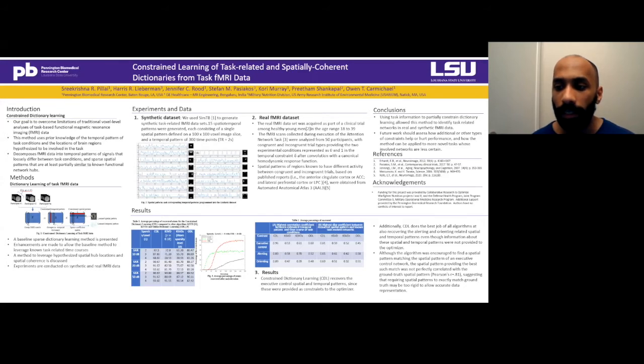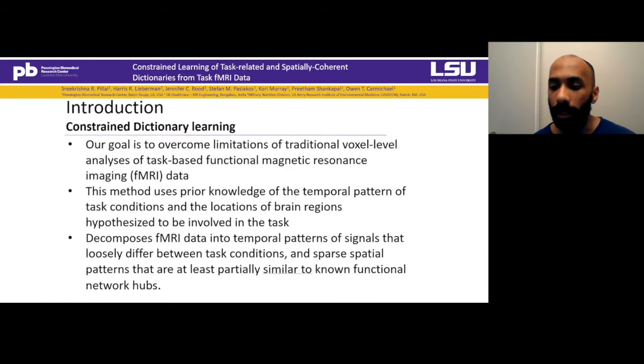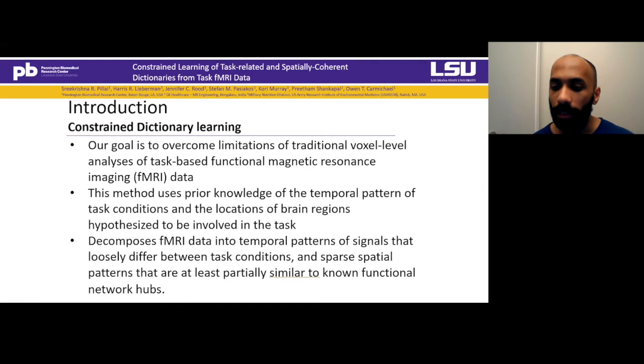Machine learning of task-related and spatially coherent dictionaries from task fMRI data. The goal of this work is to overcome the limitations of traditional voxel-level analysis of task fMRI data. This method uses prior knowledge of the temporal pattern of task conditions and locations of brain regions hypothesized to be involved